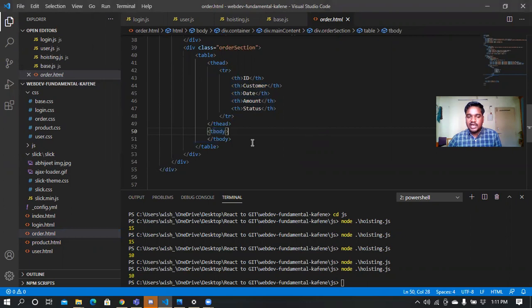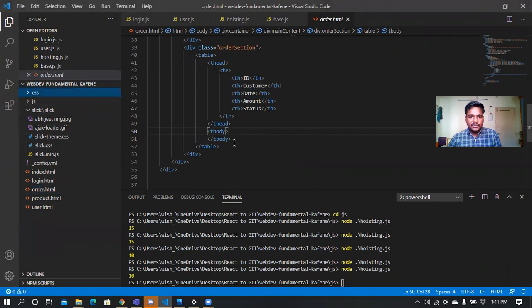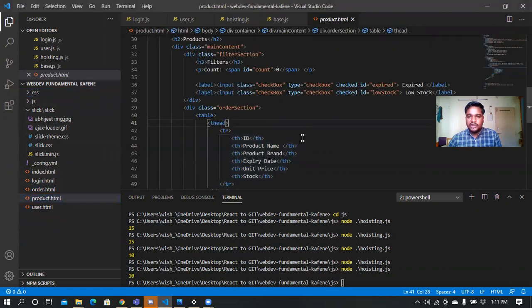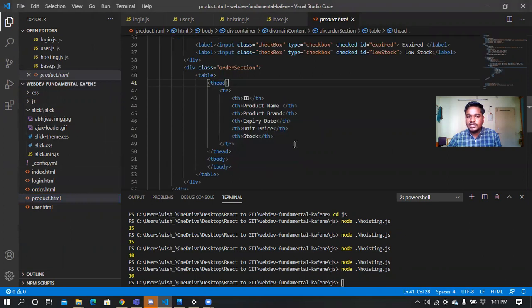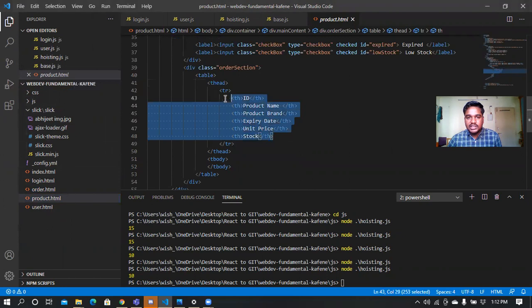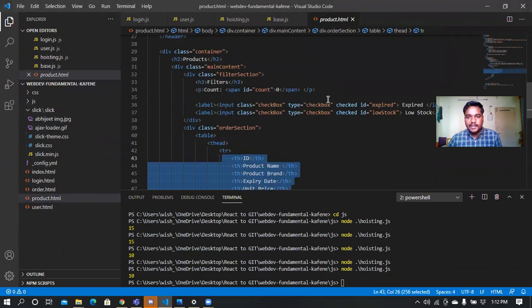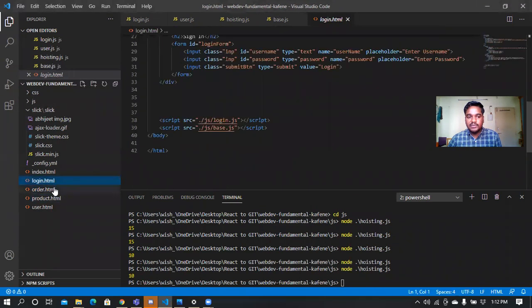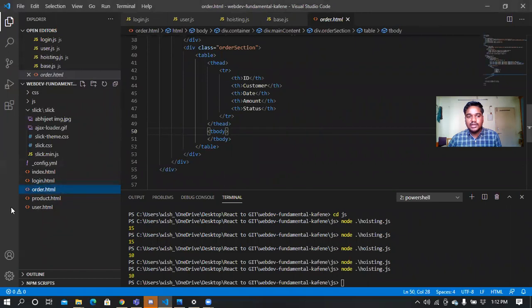That is derived dynamically via JavaScript functions, which I'll cover after discussing the HTML part. Similarly, for the product page, it's the same. The base of the HTML is the same. We have just changed the element values. For example, instead of product name, order.html will have order, customer, or other heading values.